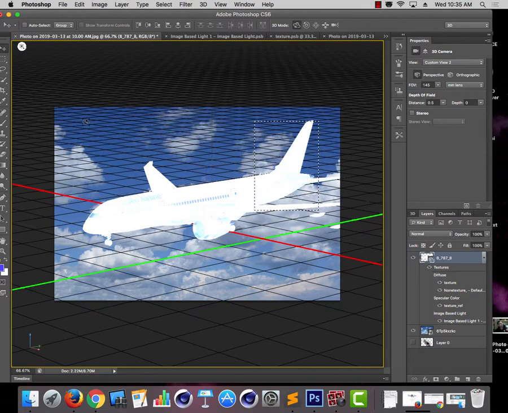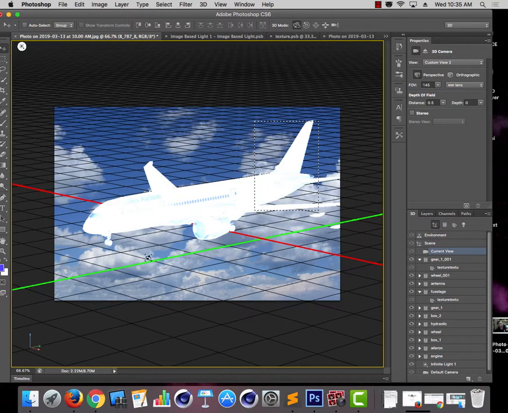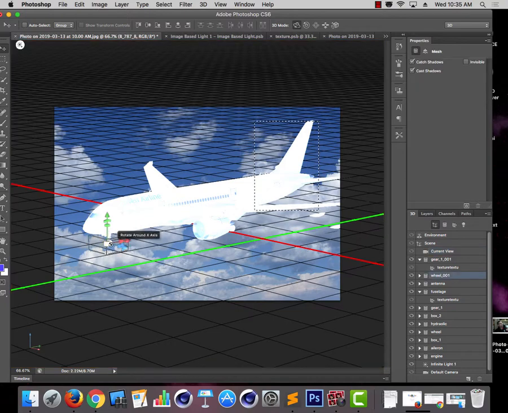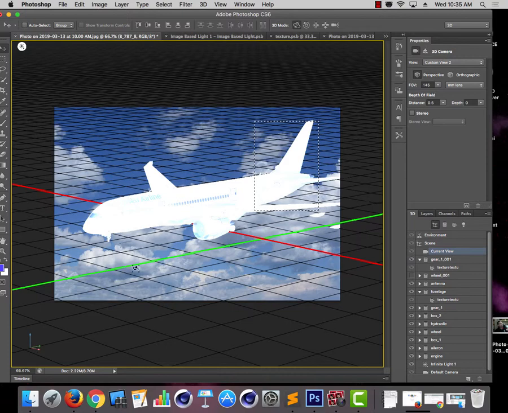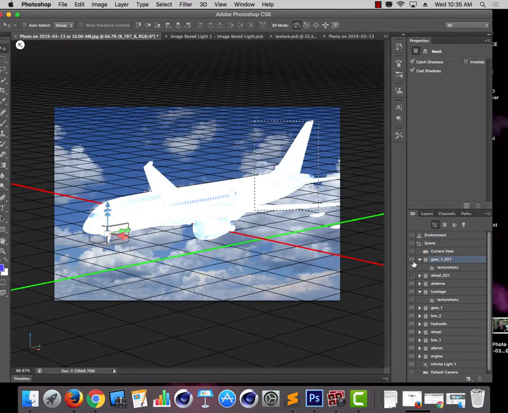So, two things I'm going to get you to do here, just because we're getting into some more intricacies. You could say, well, I really don't want the landing gear. How much control do I have over that? Well, I should be able to select those things and maybe turn them off. So if I take the little eye thing and turn off the wheel, I don't see it. There's another little thing in there, I think a gearbox. We'll turn that off. So now I don't have the wheels out anymore. So you do have some control over models that you didn't necessarily make, that you can turn things on and